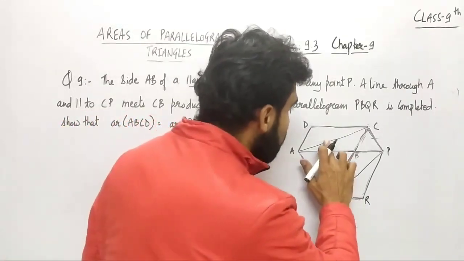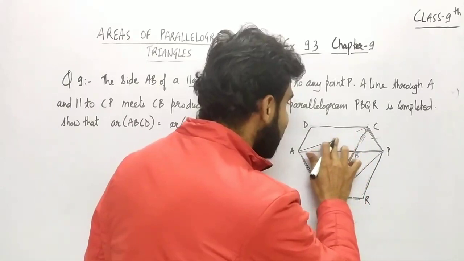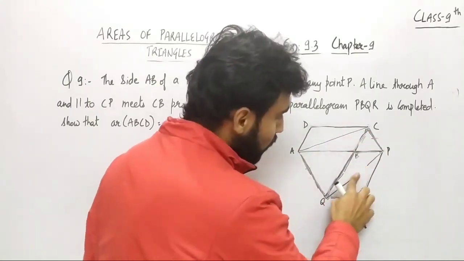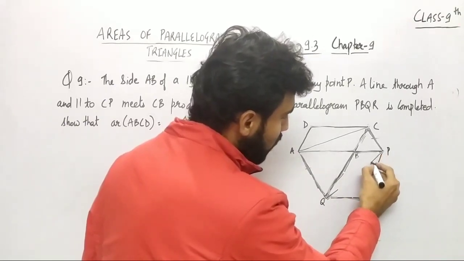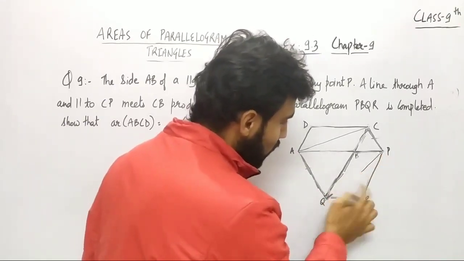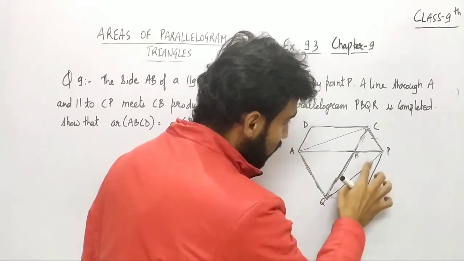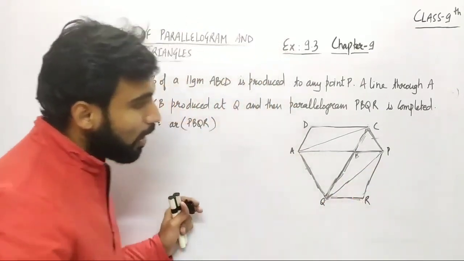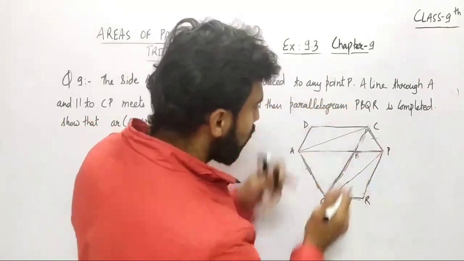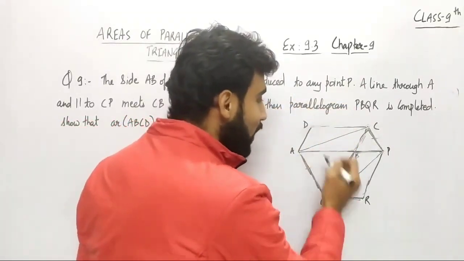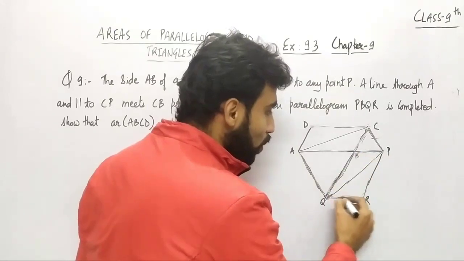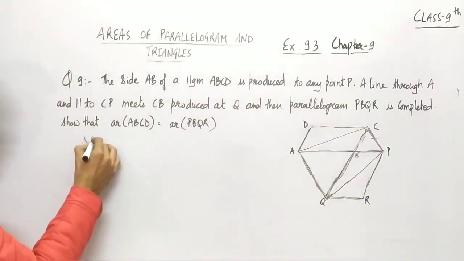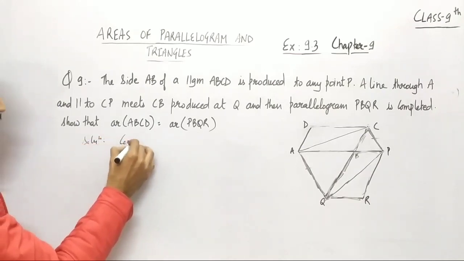Still I feel that there is something missing. Let me just redraw that. So that will be like this. So, and let me just redraw this one. Still it's breezy, right? Now it's fine, right? So आप देख सकते हैं यहाँ पे मैंने दो डायगोनल्स ड्रॉ कर लिए ऑफ पैरेललोग्राम ABCD एज वेल एज PBQR. So हमने यहाँ पे कंस्ट्रक्शन की है. So starting off my solution with the construction here.